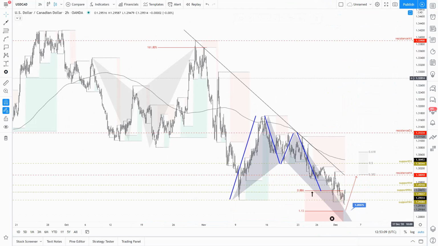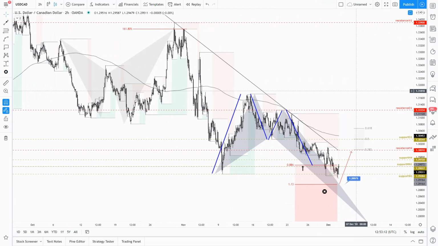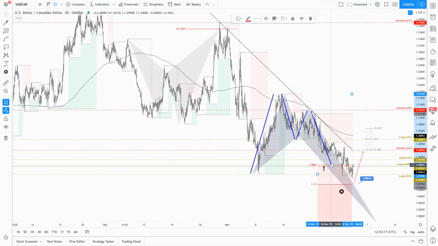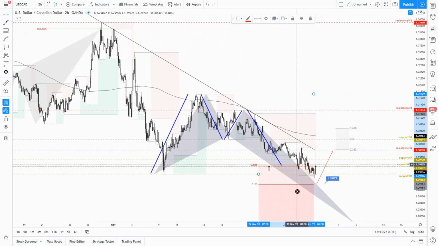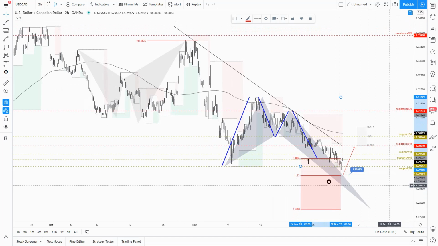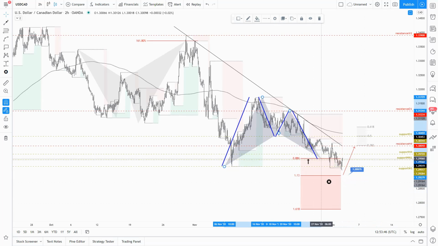Dollar versus the Canadian dollar, the CAD also with the bullish BAT pattern projected before at 88.6, nice bounce, but not before threatening the previous structural low. So we have the price forming the pattern, pushing below the previous structural lows, and then a fast bounce. But again, we are still threatening that weekly fractal. The idea is to see a significant bounce from this weekly fractal using the bullish BAT pattern